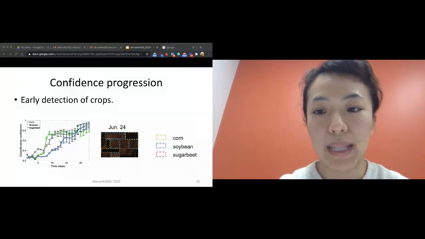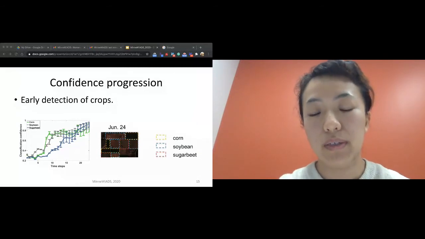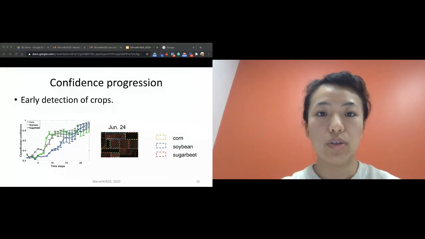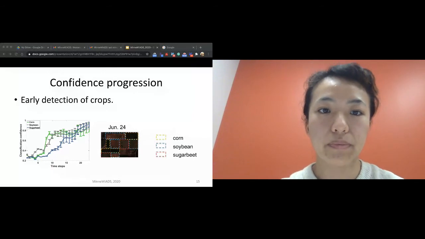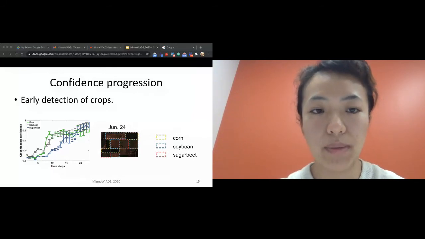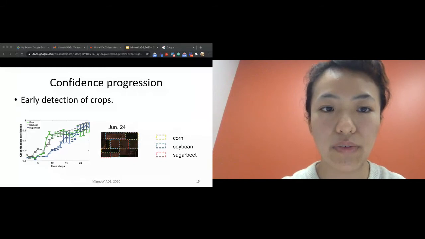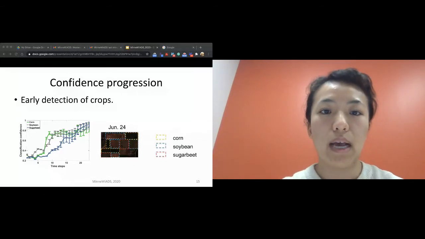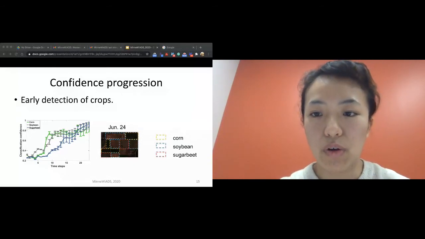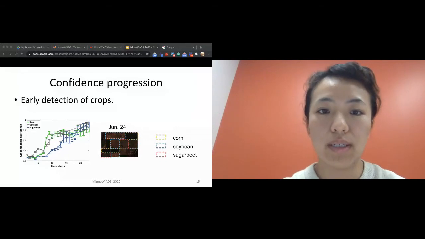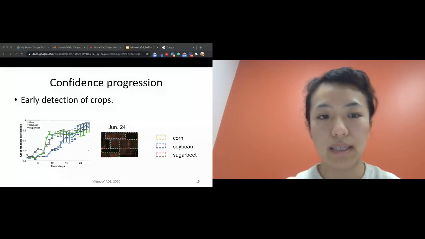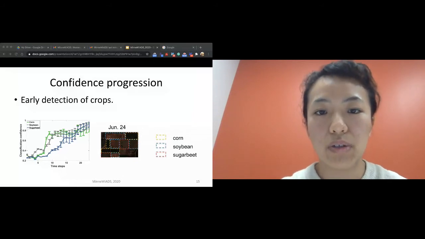We apply this model from April to November, which includes 23 time steps, and for each class we measure the classification confidence over time. Our method shows that for corn, there's a quick jump in confidence at time steps 8 and 9, which corresponds to June 14th and